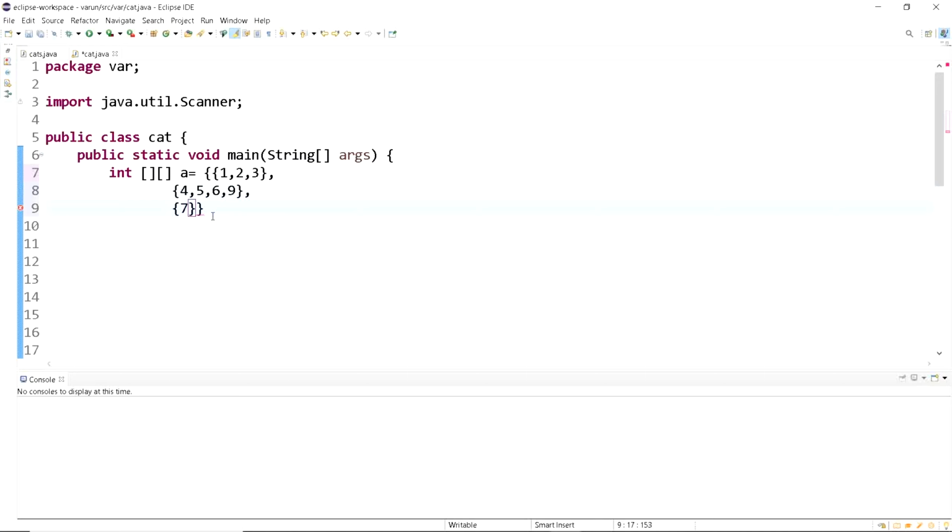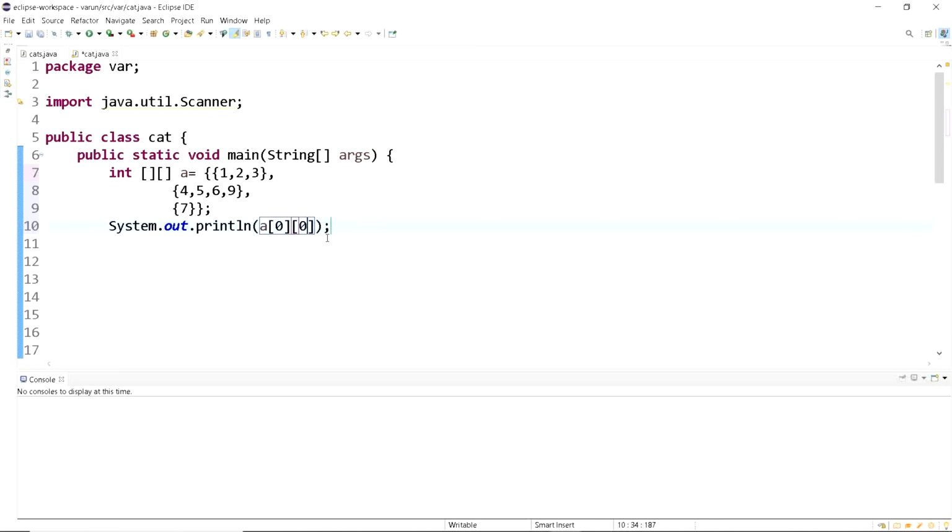I'm writing it like this so that it will be convenient for you to understand. This will be stored like a matrix. I'll explain that part. So first let's print this out. Let's print out any element in this. For example, I'll print out A of 0, 0, the element which is in the 0th row and 0th column.